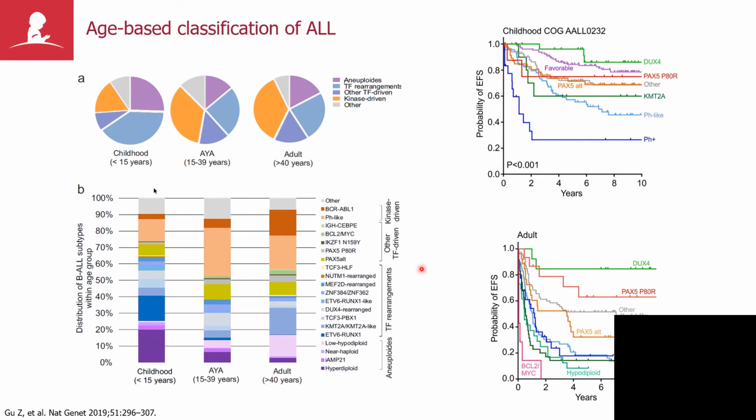For example, two new subtypes, DUX4 rearranged ALL, the PAX5 P80R group, are associated with relatively favourable prognosis. This is also seen in adults, where quite strikingly DUX4 rearrangement is associated with very favourable outcome, with survival exceeding 80%. In contrast, we now have a handful of subtypes that are associated with the majority of relapses in adult leukemia, pH positive, MLL rearrangement, pH-like, hypodiploid leukemia, and this uncommon but very important subtype of leukemia that nearly universally shows induction failure with dual alteration of BCL2 and